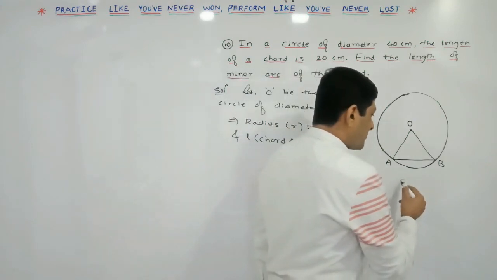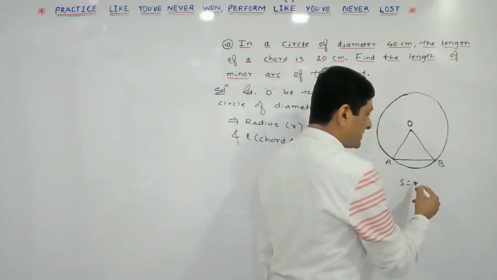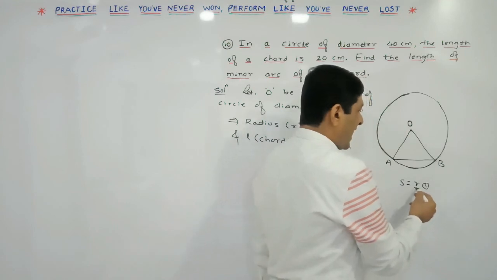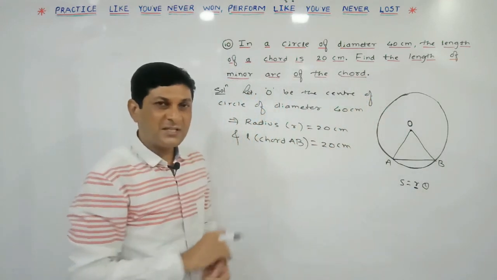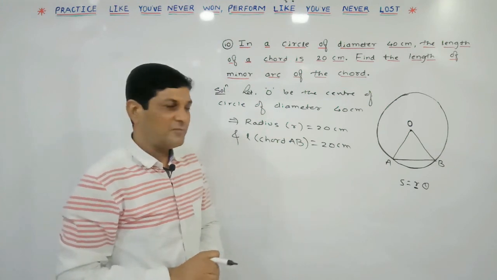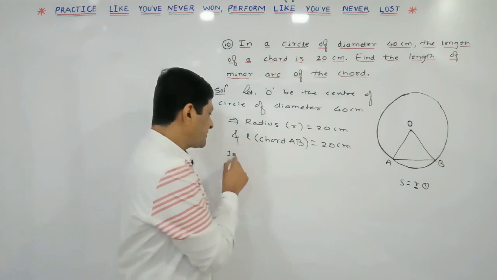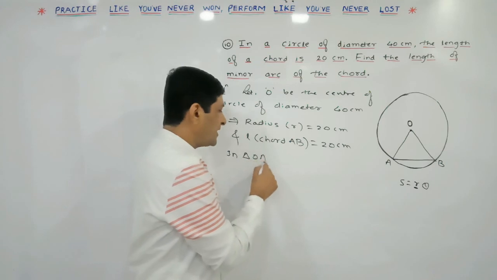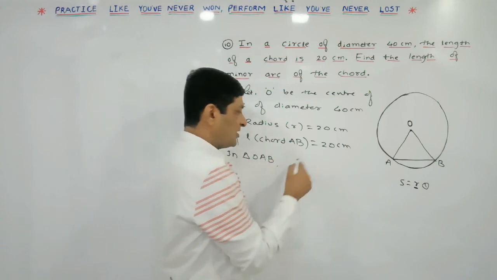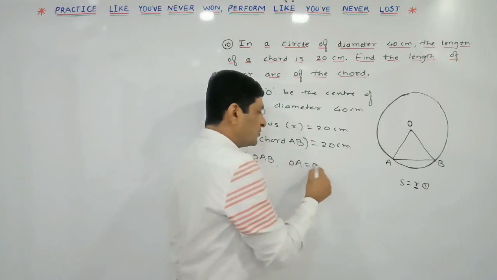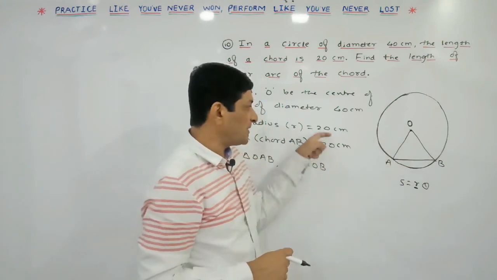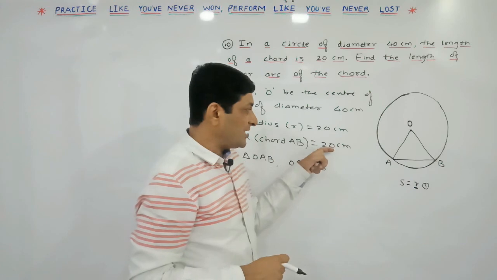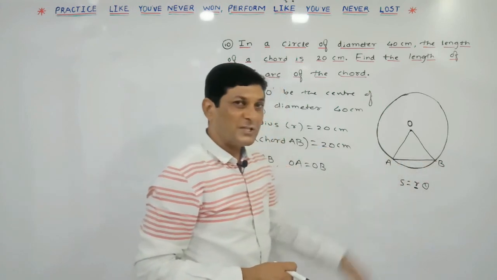So we have one formula to find out length of arc, that is S is equals to r theta. R is known to us, theta is not given. So using condition in the example, let us try to find out value of theta here. So we can observe that in triangle OAB, can I say that OA is equals to OB? What is the OA and OB are nothing but radius, and what is the length of radius? 20. And even length of this chord AB is also equals to 20.